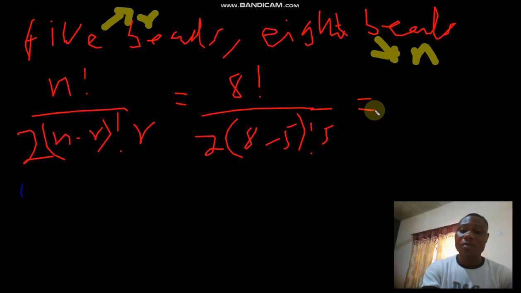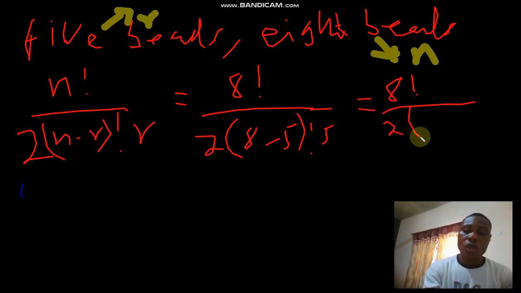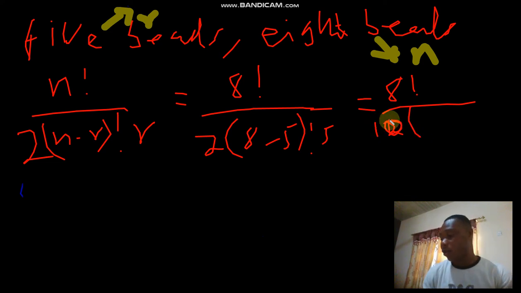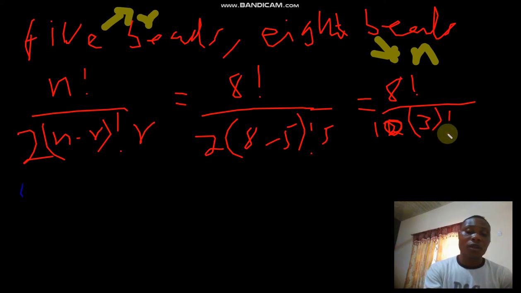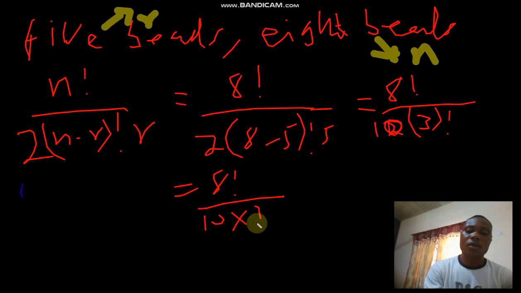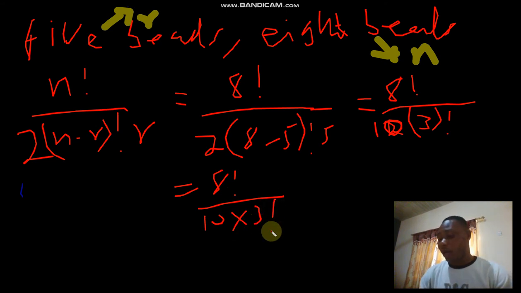And that one should just give me, let me simplify this a little. These 2 can multiply these 2, that'll give me 10, right? 10. And then 8 times 5 will give me what? 3, all factorial. So that gives me 8 factorial, 10 times what? 3 factorial. And if I'm supposed to do this on the calculator,